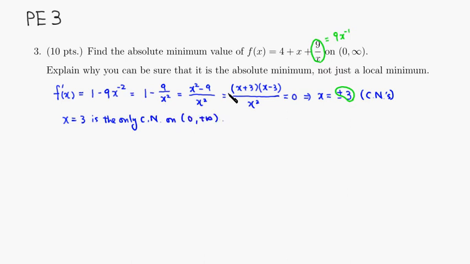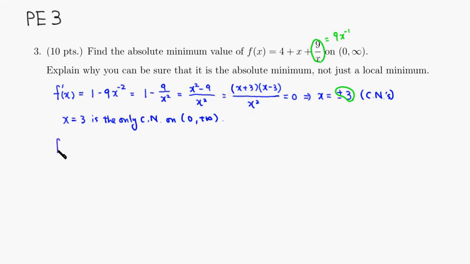Since this is the only critical number, if this is a local minimum, then it's automatically the absolute minimum. If it's a local maximum, then it will automatically be the absolute maximum. To make sure that this gives a local minimum, which means automatically the absolute minimum in this case,